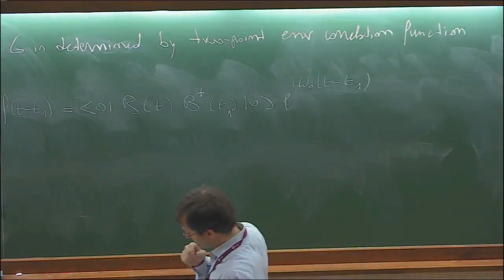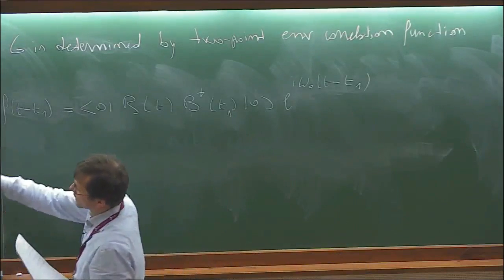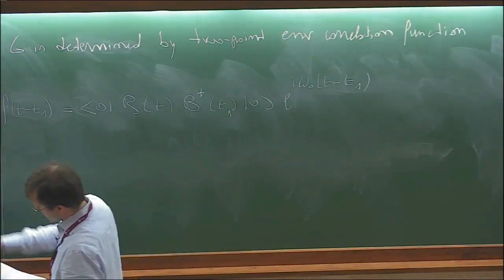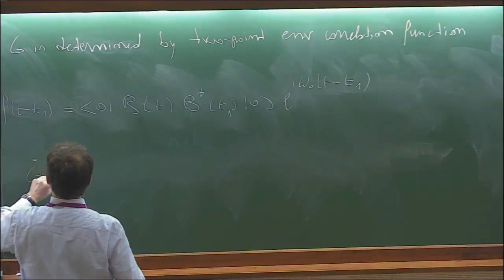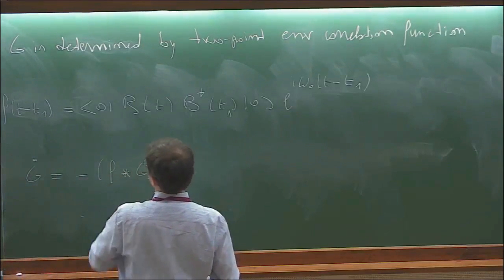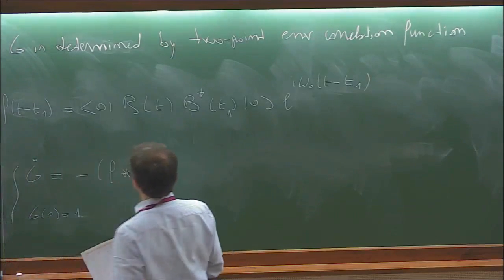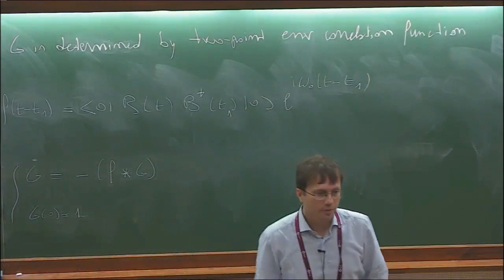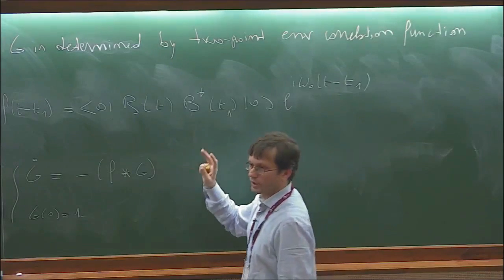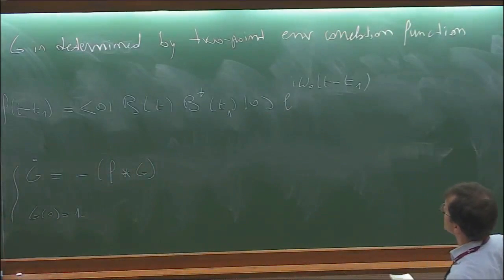Now, g is fixed by this function f according to the following equation. So you go through the calculation and find out that this 2-point correlation function fixes everything, in that it determines g according to this equation. The time derivative of g is equal to minus the convolution between f and g, together with the initial value for g, which is equal to 1. Of course, this equation might look intransparent to you, but that is not important. Here, important is that the physics is driven by this 2-point correlation function, and this object fixes the dynamics. Okay, then you have to go through the calculation, otherwise you will never convince yourself.